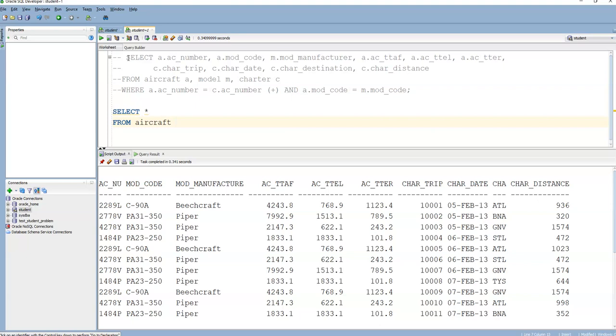part is aircraft A, inner. No, left outer join. Just look for the plus sign. Outer join, and then we're going to outer join on the charter, I think. Charter C on what? A.AC number is equal to,